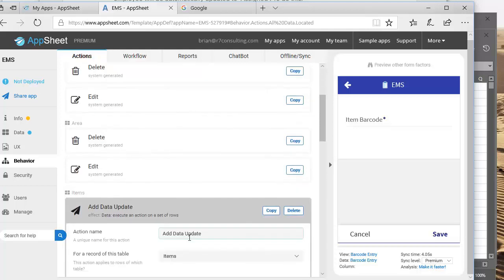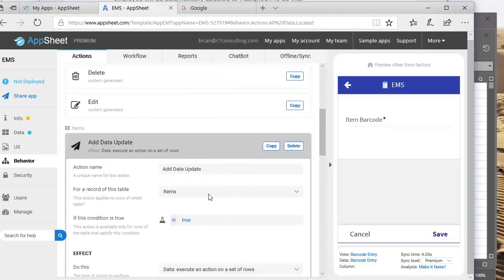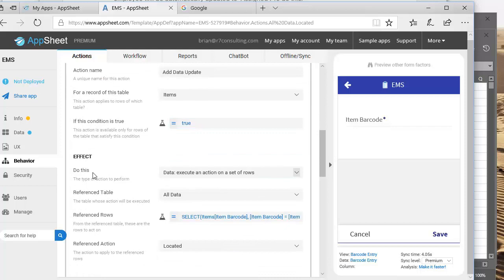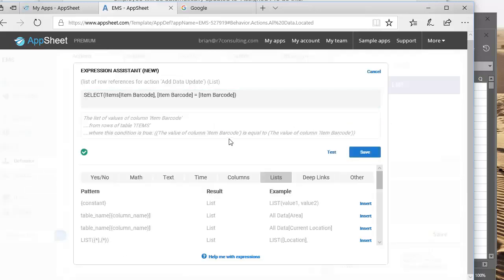Per the article, I then created an add data update, and here I said for a record of the items table, if this condition is true, then I want to execute an action on a set of rows. All the reference table, all the data, that's where the inventory status is. And then here's my reference, select items, items barcode equals barcode,